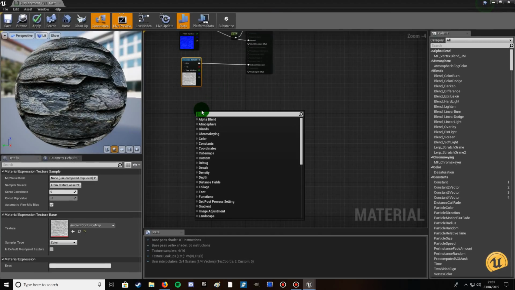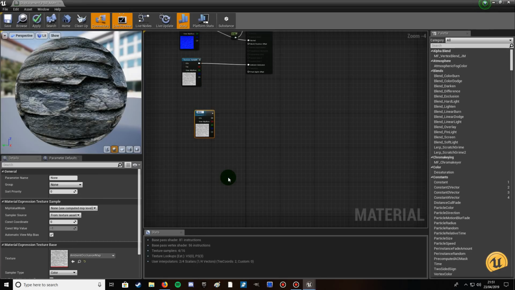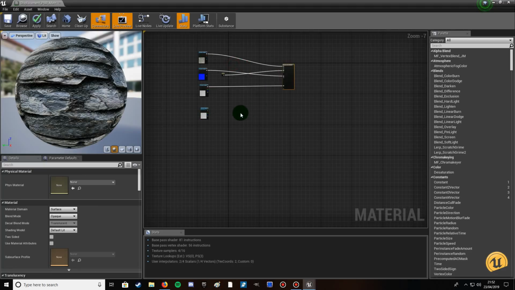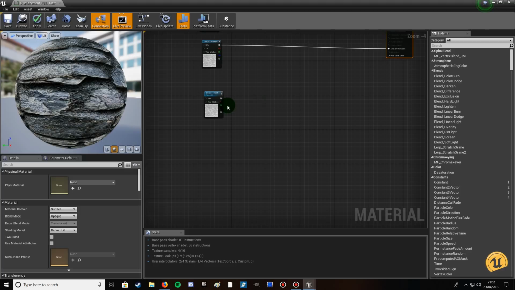so right click and type in 2D. 2D will come up and it will bring down the drop down list. The node we want is under parameters and it's called texture sample parameter 2D. Click on that, we'll give it a name, displacement. We'll just put it under here, then drag that out over there,